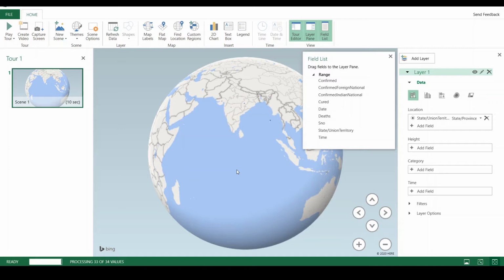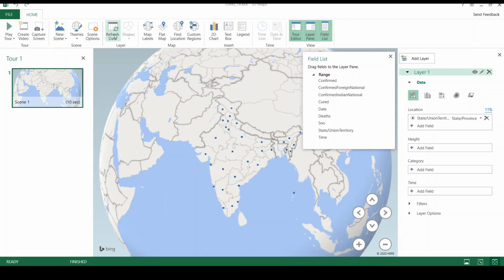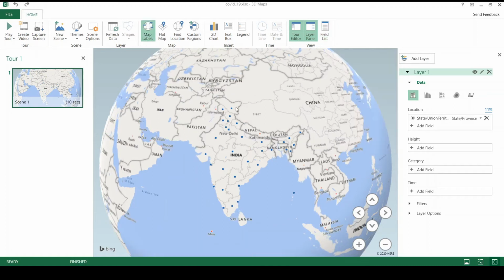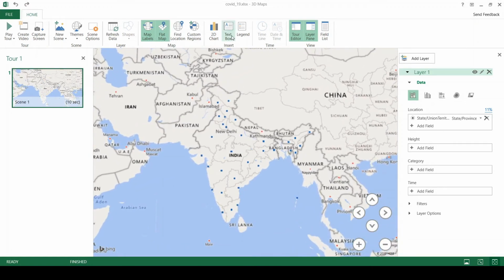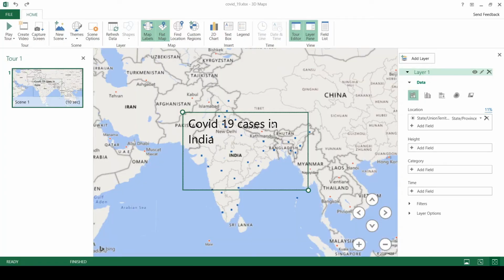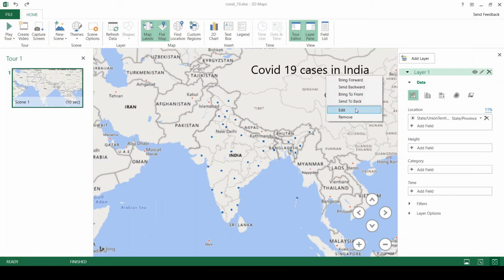It's going to open up a new window where you'll see a globe, specifically pointed towards India. Now there are some options available here. I will first enable map labels, which will identify all of the states and the cities in the map. Then I would like to flatten my map as well. And since it is about COVID-19 cases, I'm going to give a small title here: COVID-19 cases in India.